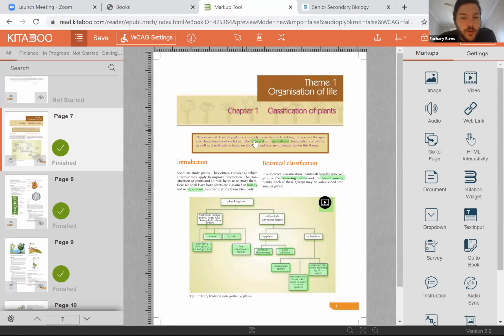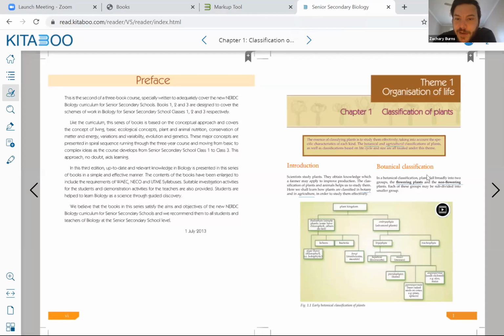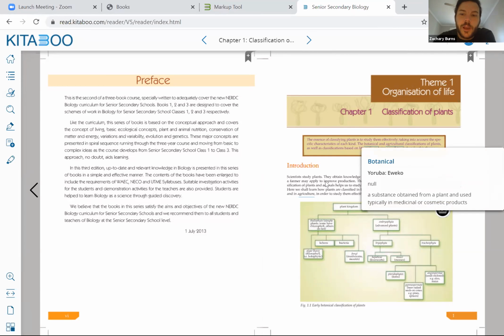So for instance, all of these words that are highlighted in green here, agriculture, botany, flowering plants, non-flowering, these have all been defined, and all you need to do is click on it. So all you need to do is click on it, and what you'll see is you